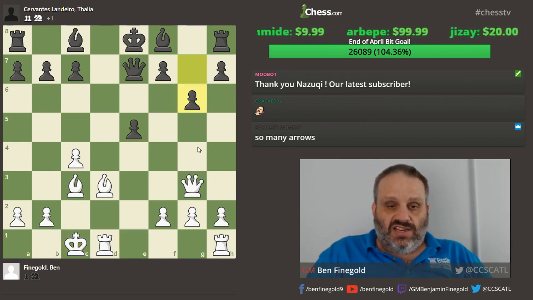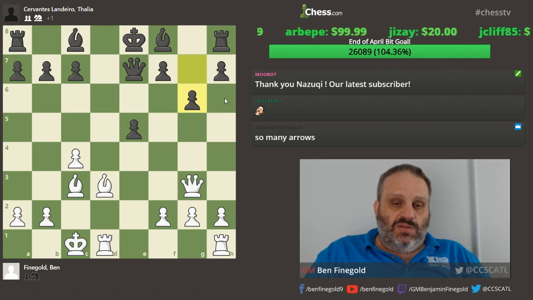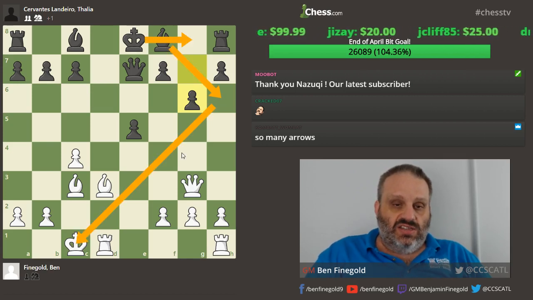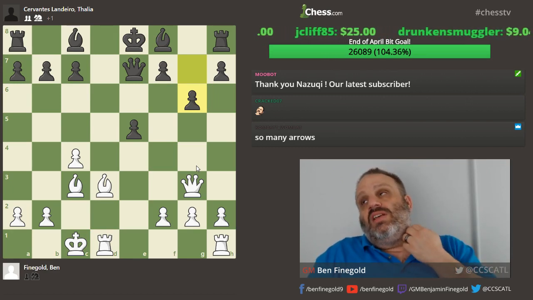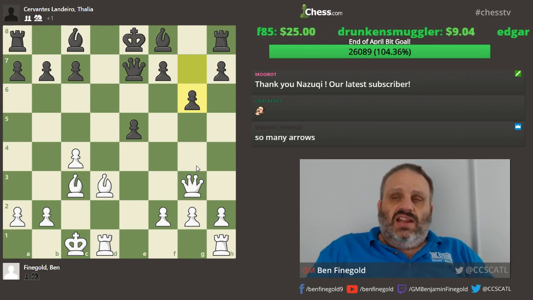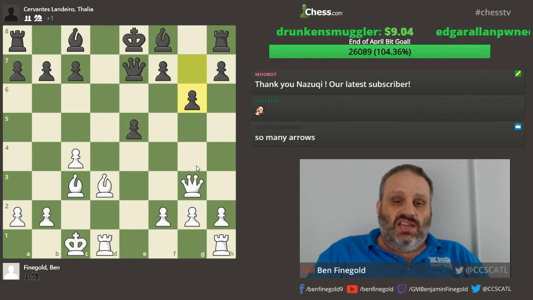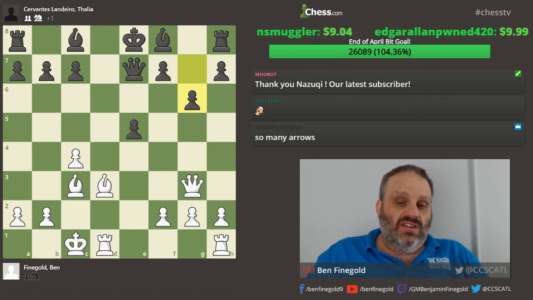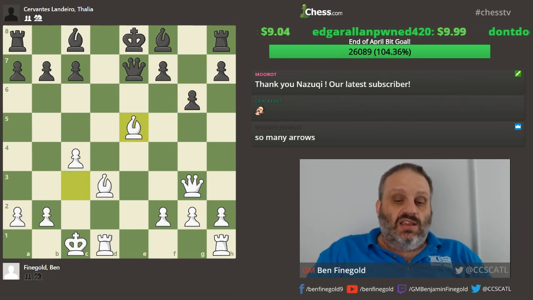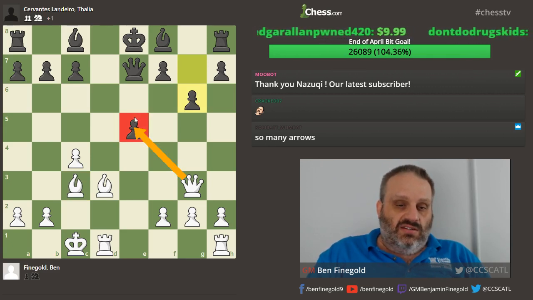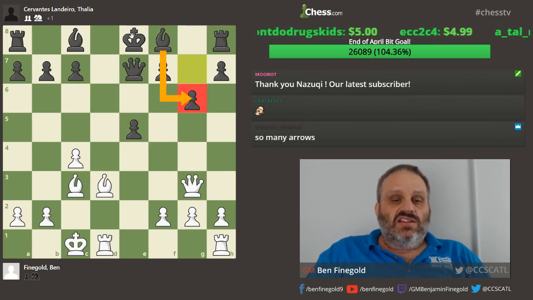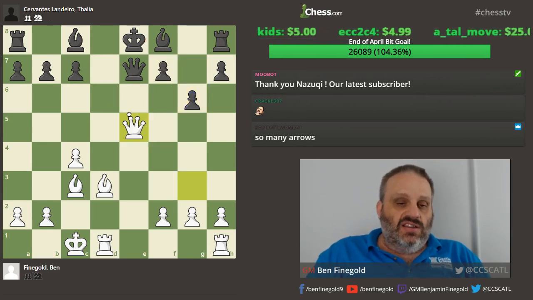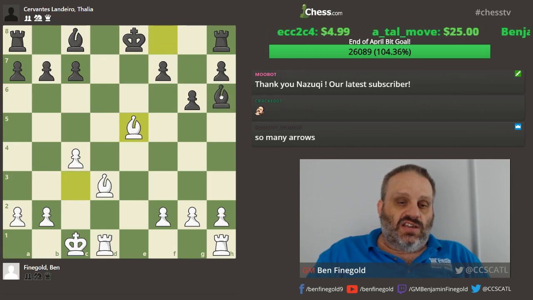She played g6 with the idea of bishop h6 check and then castle queenside or kingside. Then I thought a long time, like 20 minutes. And I second guessed myself after what I did, but the engine says I played right. I took with the bishop. Now I can win a pawn here by taking with the queen. And then when we trade queens, I'm forking her rook and her c-pawn. She'll check, she'll castle, I'll take her c-pawn. So this is the variation I analyzed for a long time.